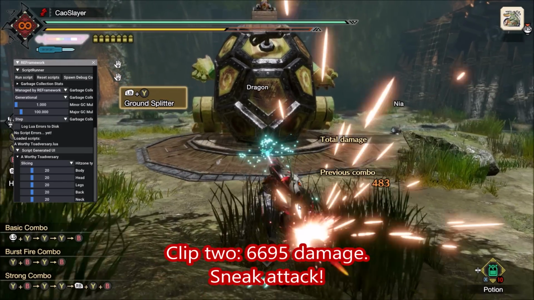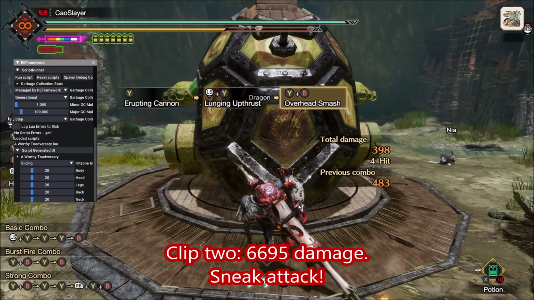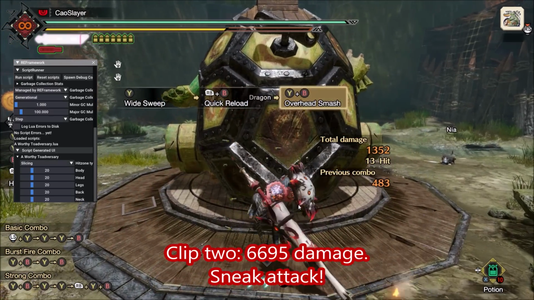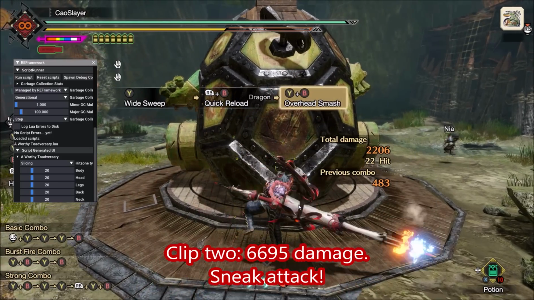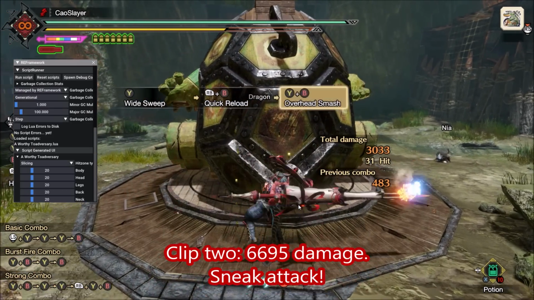And next is exactly the same setup but now with sneak attack active. The damage rises to 6,695, that is a 19% damage increase from the previous clip and makes total sense with a 1% margin of error. If you are focusing on just hitting the back of a monster, sneak attack is worth it and there are